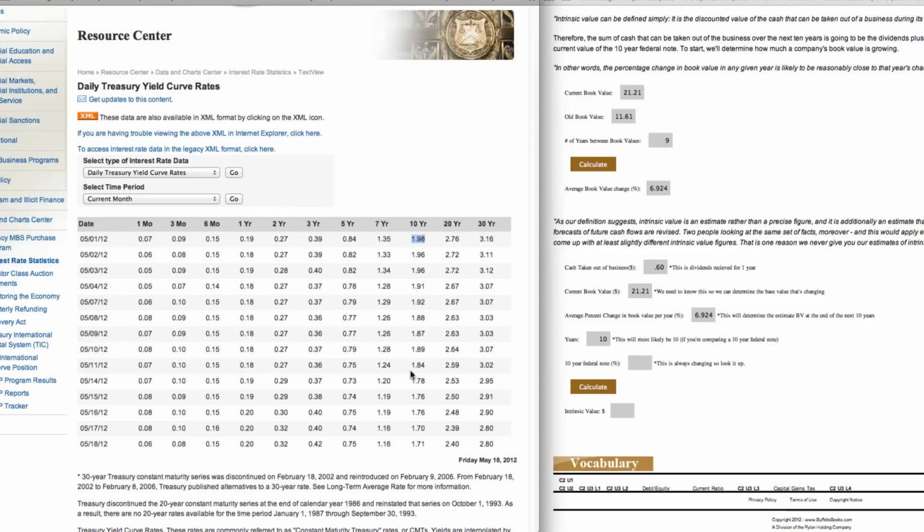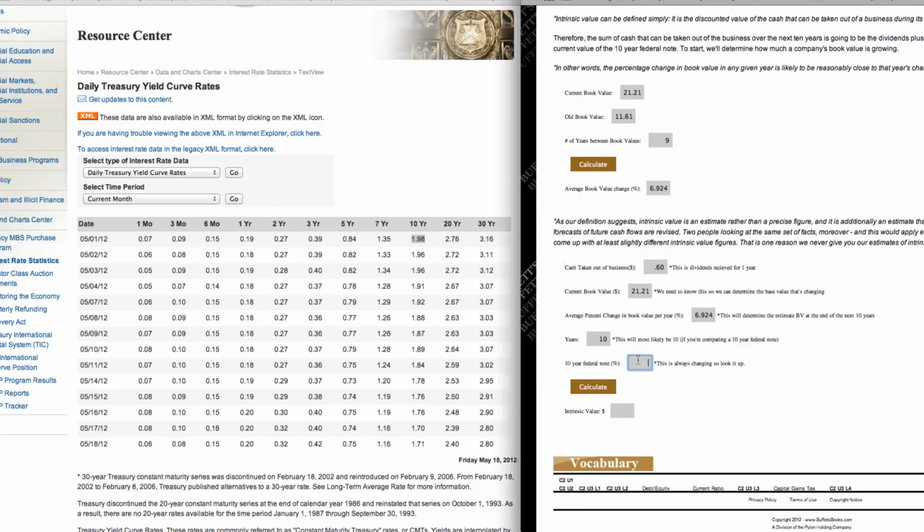And so that goes back to Warren Buffett's quote whenever he said that, as the future cash flows change or if interest rates move, the intrinsic value is going to change. And this is exactly what he means by that quote. So we would have had a completely different value for Disney back at the 1st of May than what we're going to have right now. So we're going to go ahead and put in 1.71, okay? And we're going to hit calculate. And it says that the intrinsic value of Disney based off of those numbers is